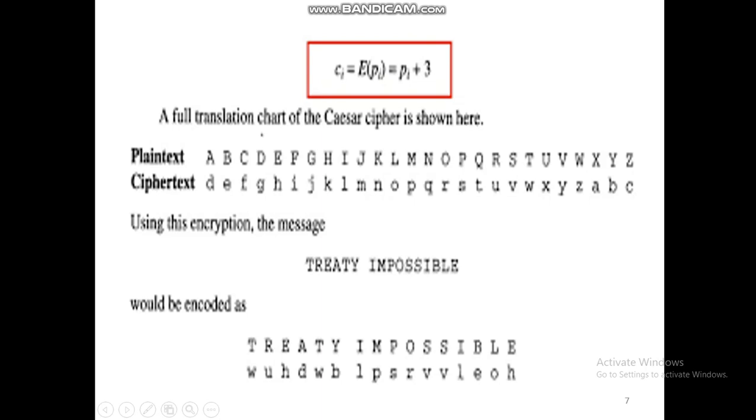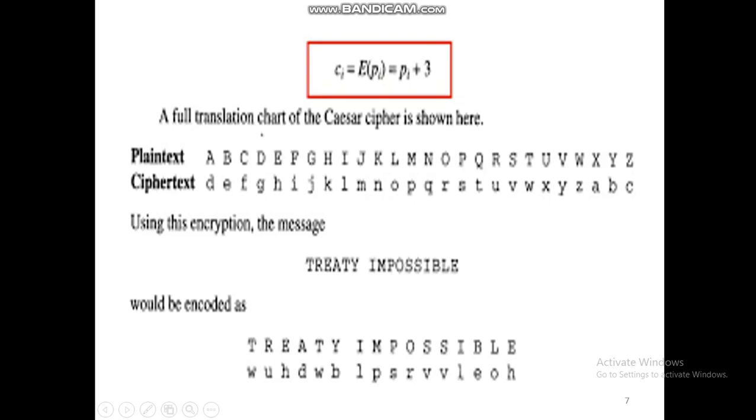So here the message is treaty impossible. T is converted to W, R is converted to U, E is converted to H, A is converted to D, T is converted to W, and Y is converted to B, and so on. So this is the example of the Caesar cipher.